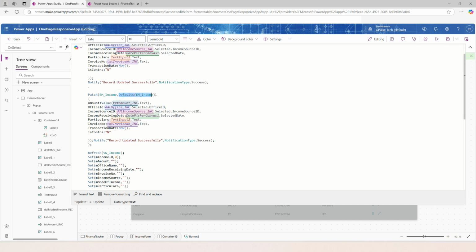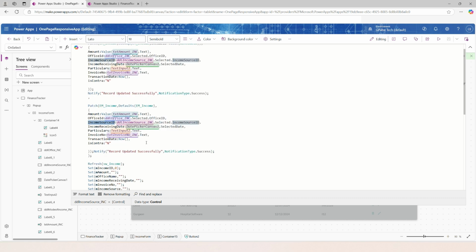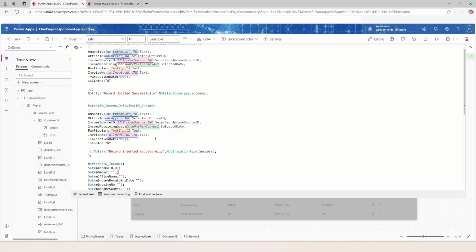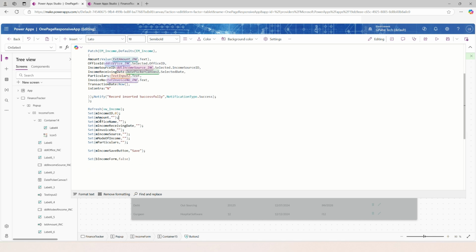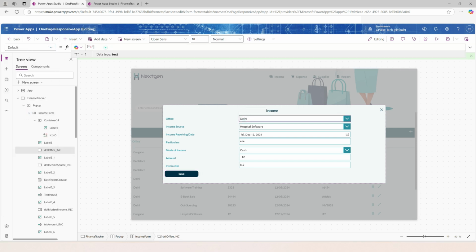Here we provided default, which will be used to insert a new record in the table, and we have fetched all the control values into these variables. Then after that, we are refreshing all the variables. And here this one should be records inserted successfully, because this is a save functionality. And here we are just resetting the variables. One more thing we have to do is on the default property, we need to set office name